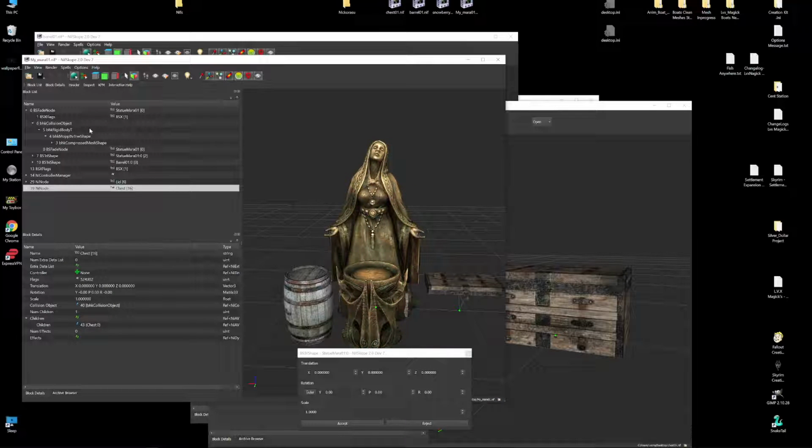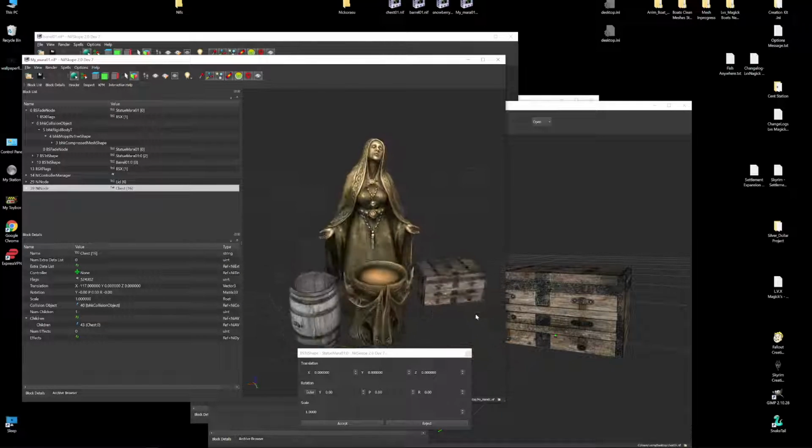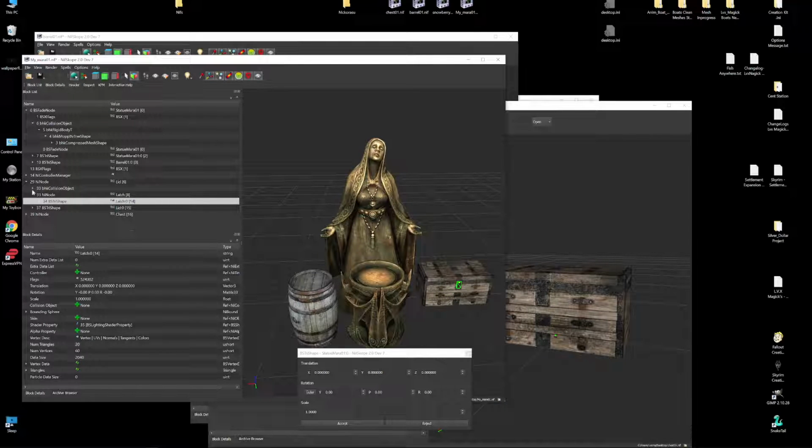Let me turn off the collision so you can see it better. And then I'm going to come here and I'm going to paste, bam. There you go, see? It's missing its latch, is it? No, it's not. See, because it's under the 9 node. I was able to do that.